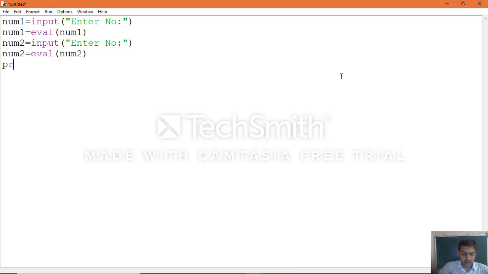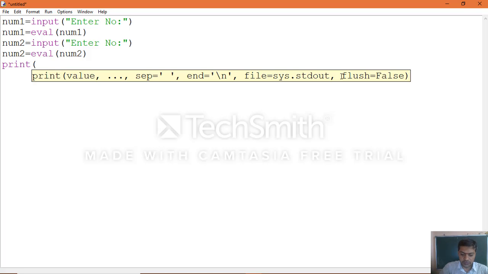Then use a print statement: print "sum of num1 and num2 is".